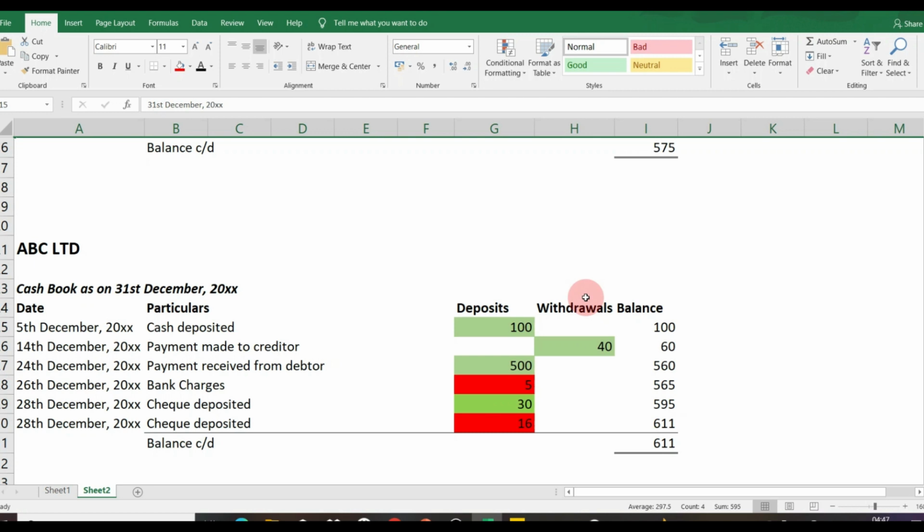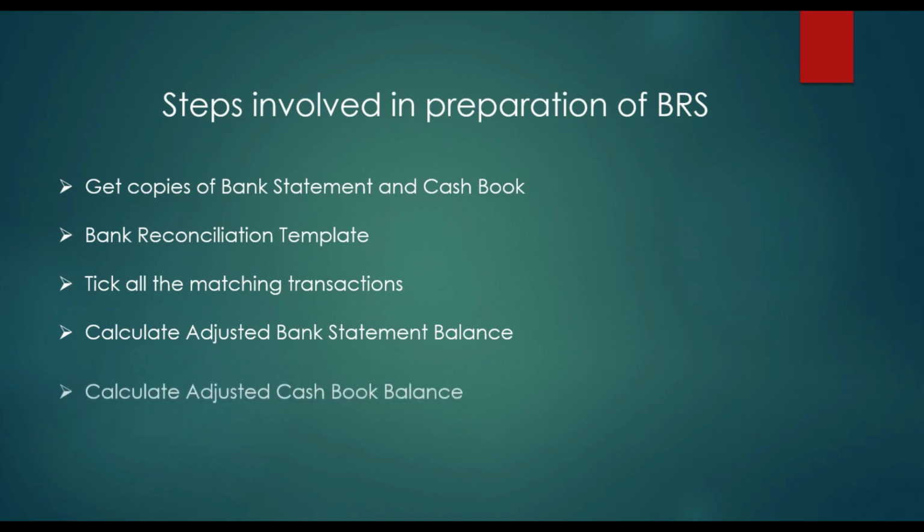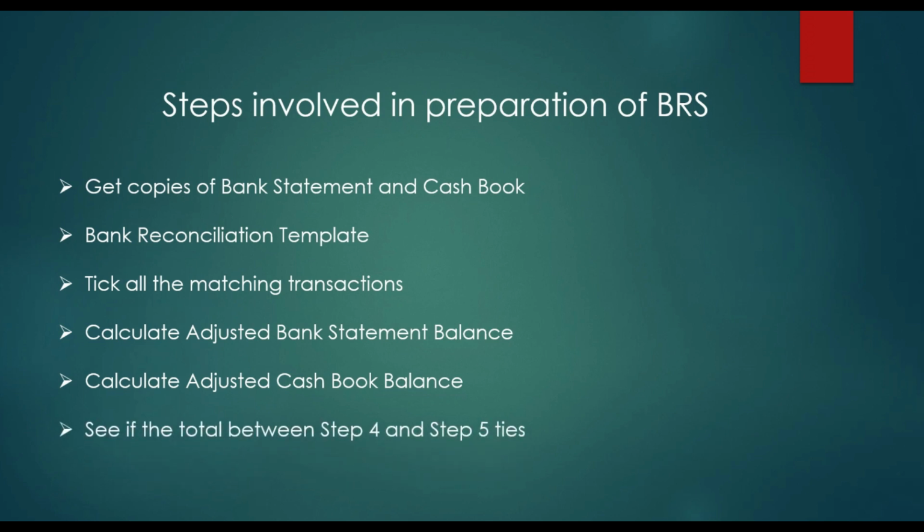So this actually summarizes all those 7 steps that I promised. We are back to check the remaining steps that we were discussing. Calculate adjusted bank statement balance. Calculate adjusted cash book balance. If we remove all those red points, then we can get to an adjusted bank statement balance as well as an adjusted cash book balance, and ultimately see if the balance is tied. Finally, you have to book some journals in your books in order to make the bank balance tie with the bank statement. Finally, you are done with all the steps that I have promised, and if you follow these,